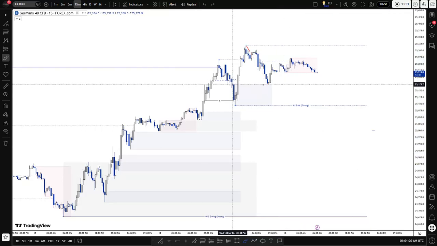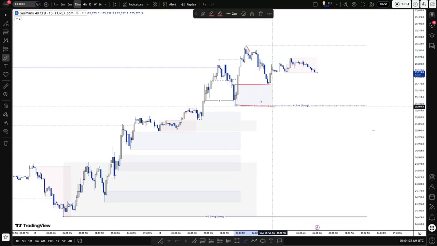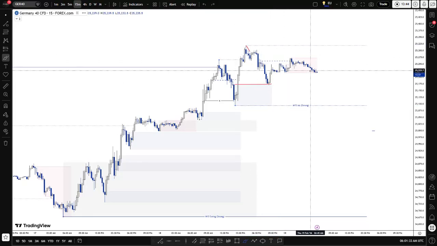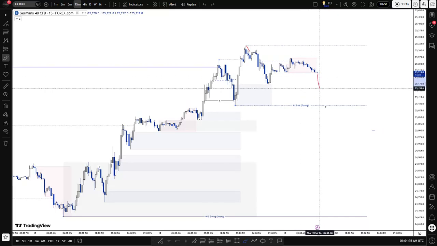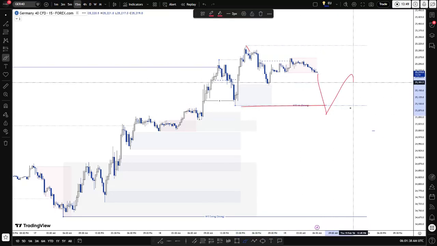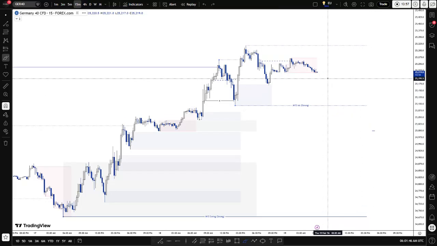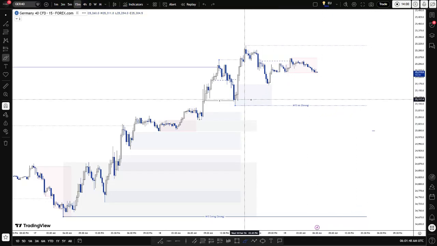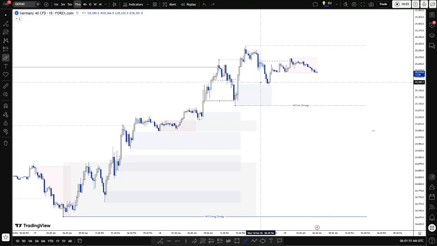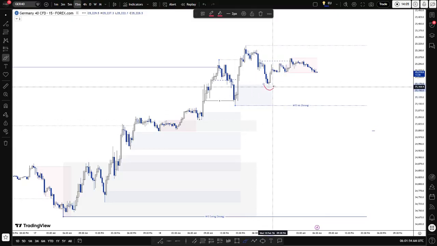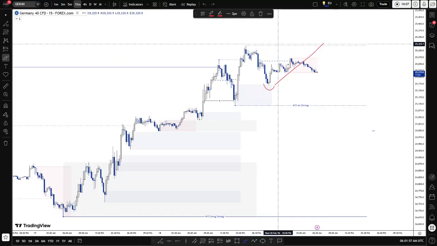But now we can see price's pullback tapped into the M15 internal extreme demand. So it's now likely the internal pullback is done, and the expectation is price targets the weak internal high. So shorts aren't ideal right now. For shorts, I'd want to see internal shift bearish, so I can play the M15 swing pullback, which is also the 4-hour internal pullback. For longs, since I'm interested in looking for longs, now that we can see price pull back to the strong internal low, the expectation now is for price to target the weak internal high.